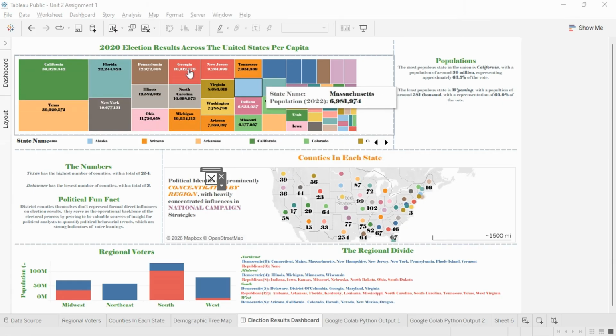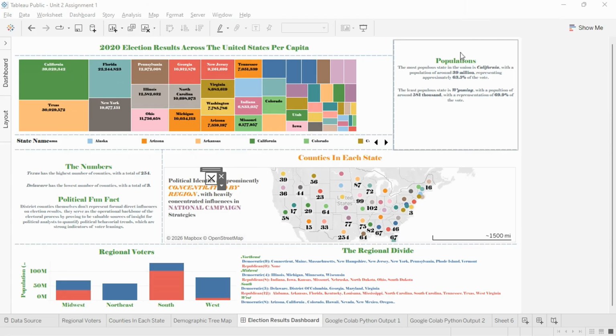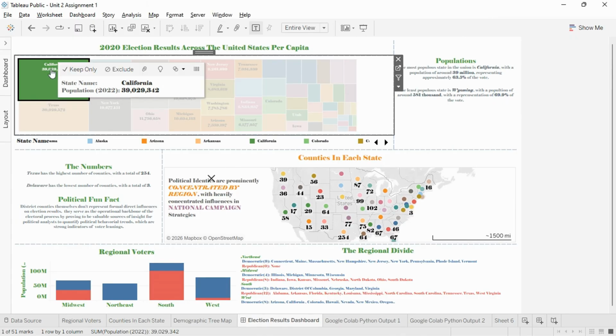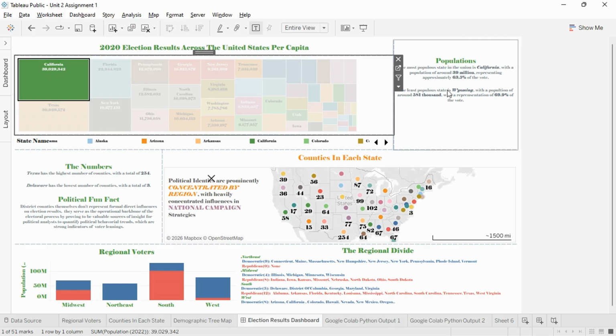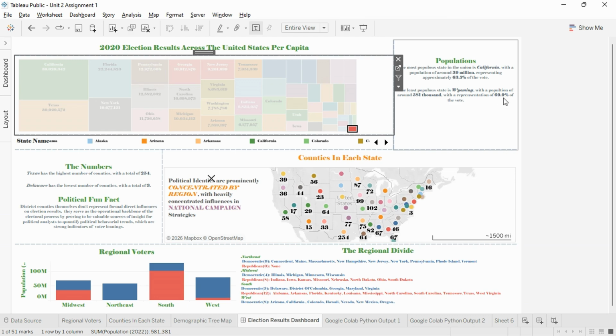We can see here, from either the qualitative depiction, the text box I added to the workbook, or the tree map itself, that the state of California is the most populous of all localities, representing around 63.5% of the electoral vote, while the state of Wyoming, surprisingly, represents roughly 69.9% or 70% of the vote, with only